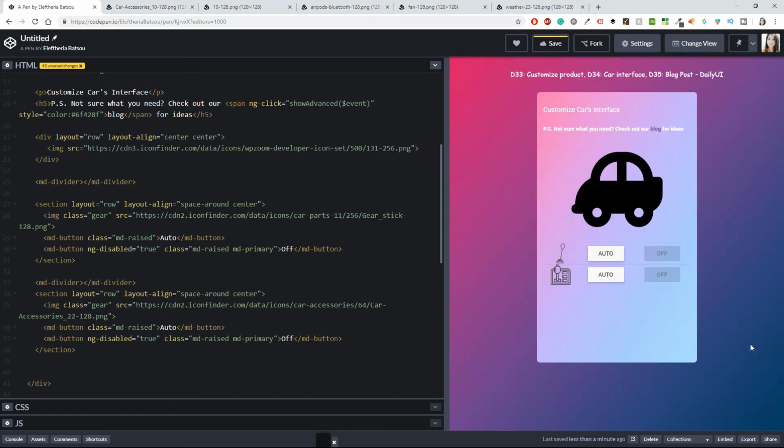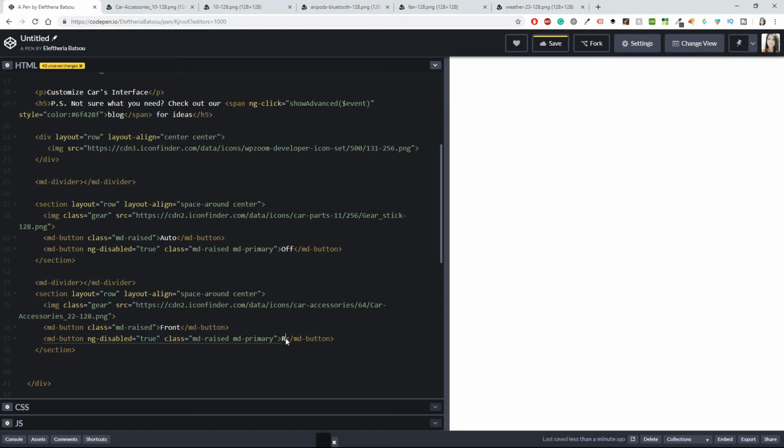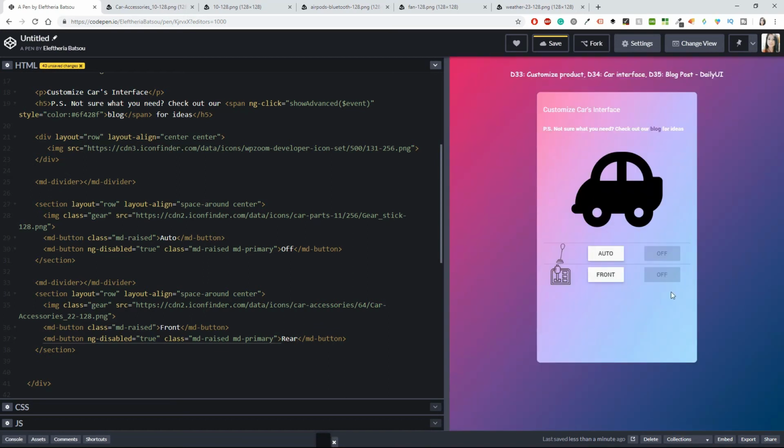And what else do I want this time? I'm going to have a front and a rear. You can either keep the buttons like that, or maybe you can also change them, it doesn't really matter. Let's copy one more time this section,